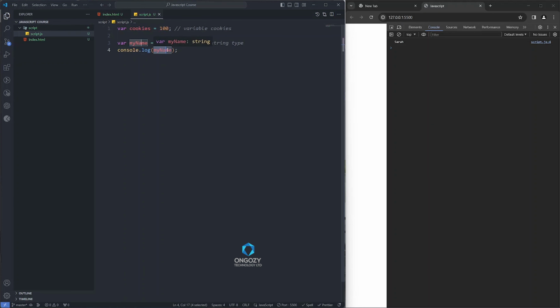We have my name and cookies. Before this, we can pass cookies, and then we put a comma and a space. And you can see that now we are able to view our cookies is 100 and our string, my name,